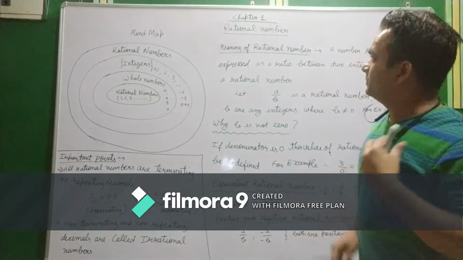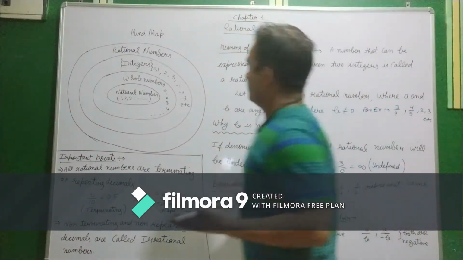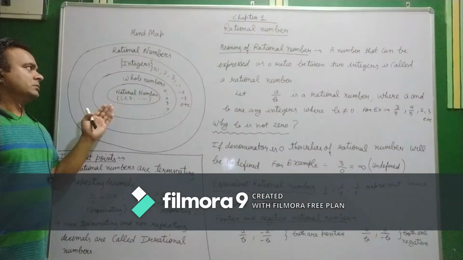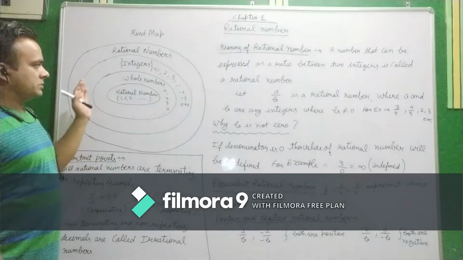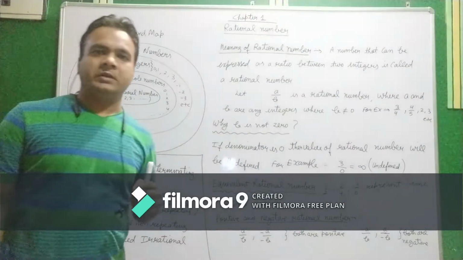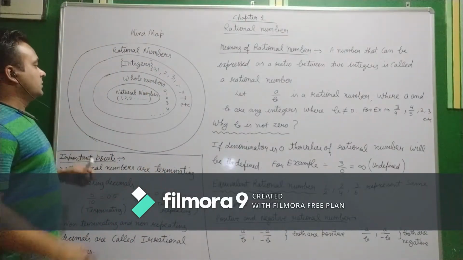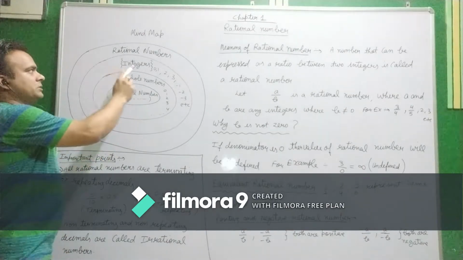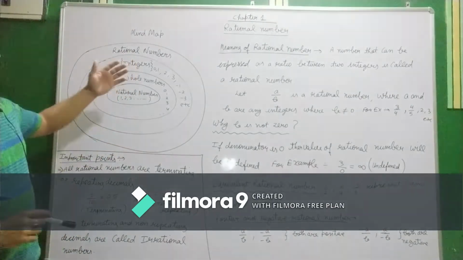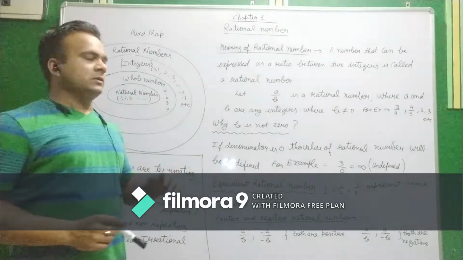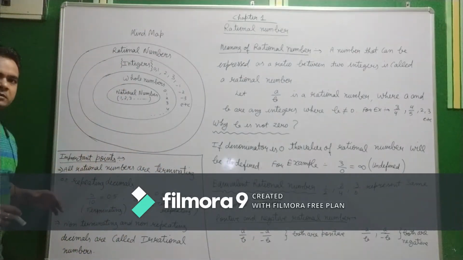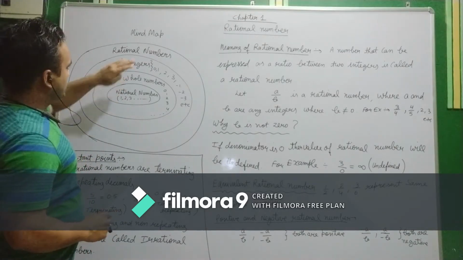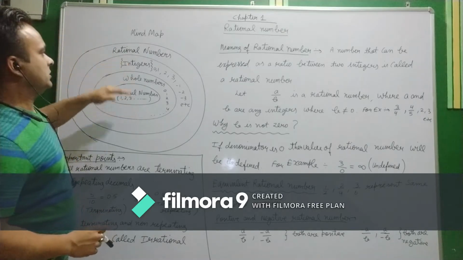You can see rational number. First of all, we will start with the mind map, which you can see here. We will try to understand this Venn diagram. What exactly is this? You can see here natural numbers, whole numbers, integers, and rational numbers. Rational numbers have the biggest circle out of all these number series. The main motive of this Venn diagram is that rational numbers actually contain all the series: integers, whole numbers,